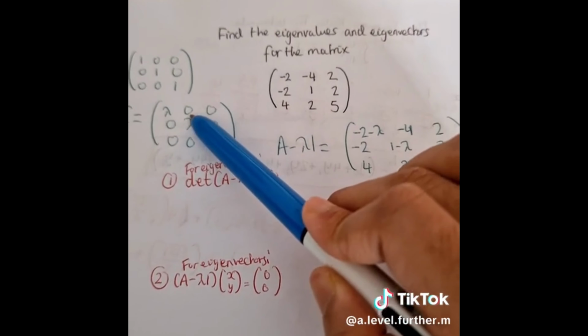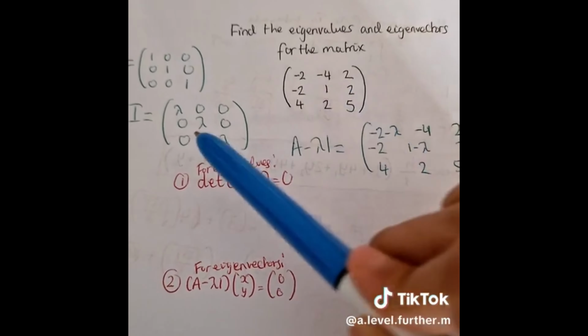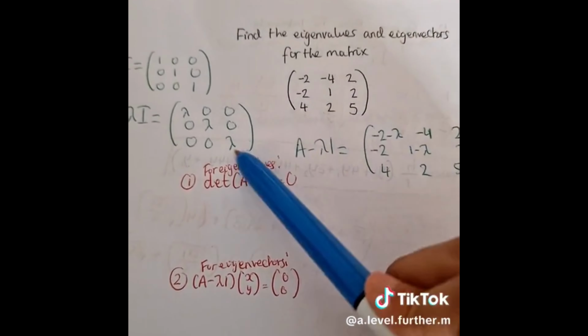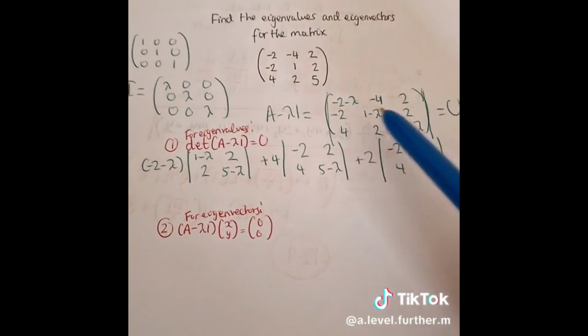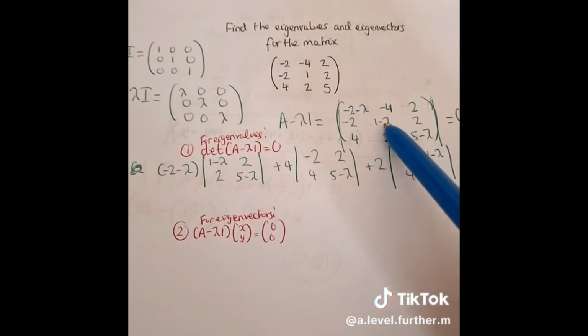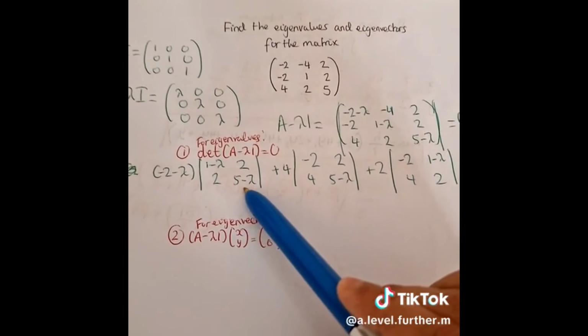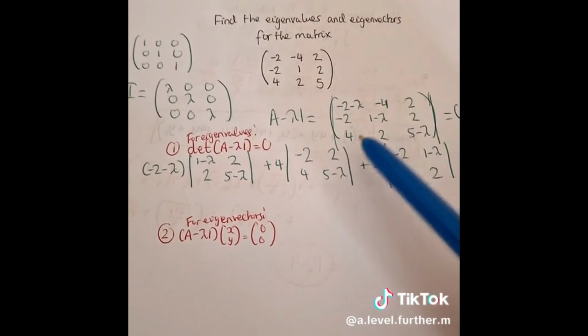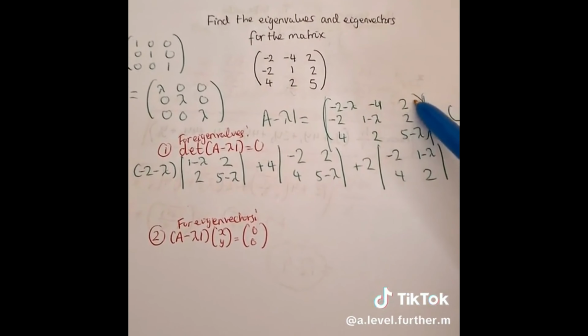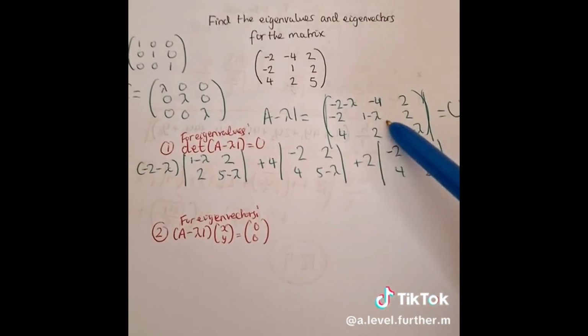Here, we're not really subtracting anything from it because this is 0, but the middle term becomes 1 minus lambda, just like I've written out here, and 5 minus lambda is just the last term there. To find the determinant of a 3x3 matrix, we take this value and multiply onto it the matrix here, and the determinant of it. And then we take away minus 4, which is plus 4 lots of minus 2, 2, 4, 5 minus lambda. And then we add 2 lots of minus 2, 2, 1 minus lambda 4,